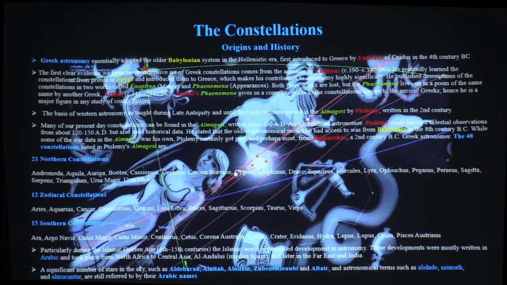Now Argo Navis, which has since been broken up into three constellations, was there. Aries, Cancer, Argo Navis, Ara the Altar, Canis Major, Canis Minor. People call those big dog and little dog, but they're not the bigger dog and the lesser dog, Latin officially, so that's a misprint in some books. The Gemini, which I'll tell you a bit about later. Leo, Libra, Pisces, Sagittarius, Taurus, the zodiac constellations, and down here, Canis Major, Canis Minor,